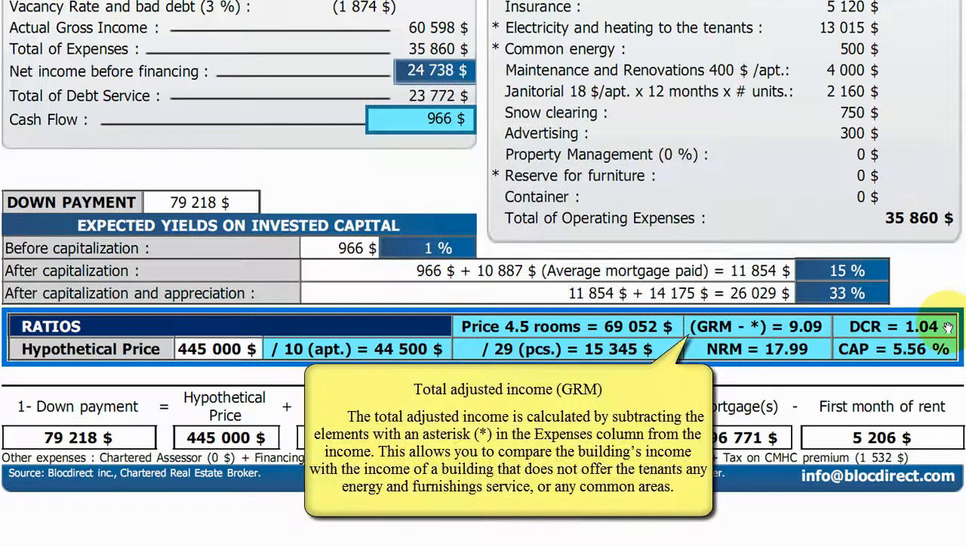Note, total adjusted income, GRM. The total adjusted income is calculated by subtracting the elements with an asterisk in the expenses column from the income. This allows you to compare the building's income with the income of a building that does not offer the tenants any energy and furnishing service or any common